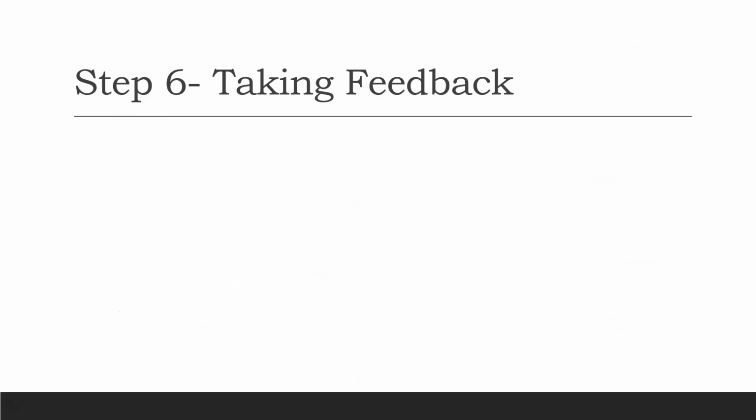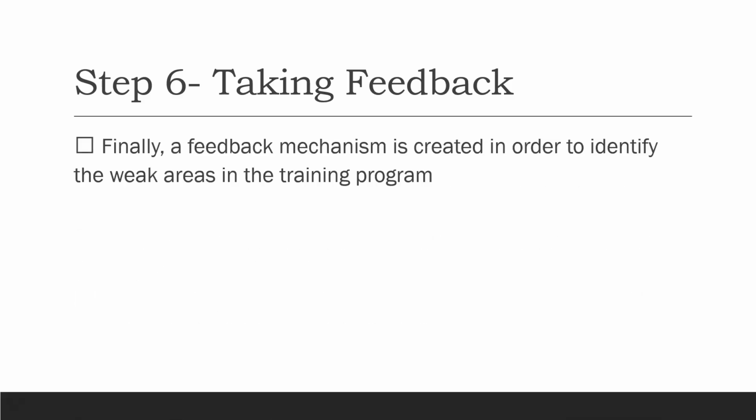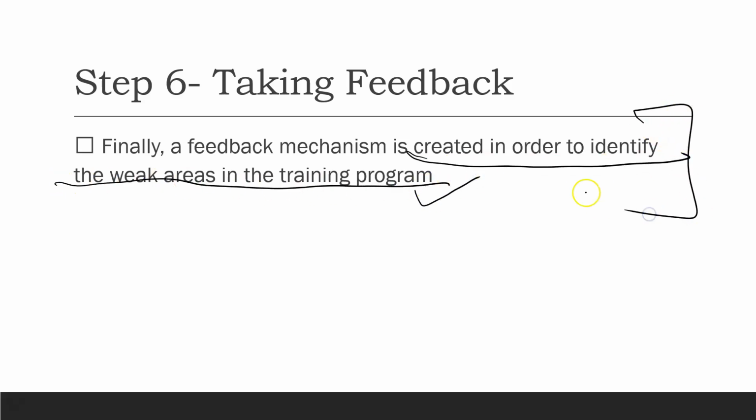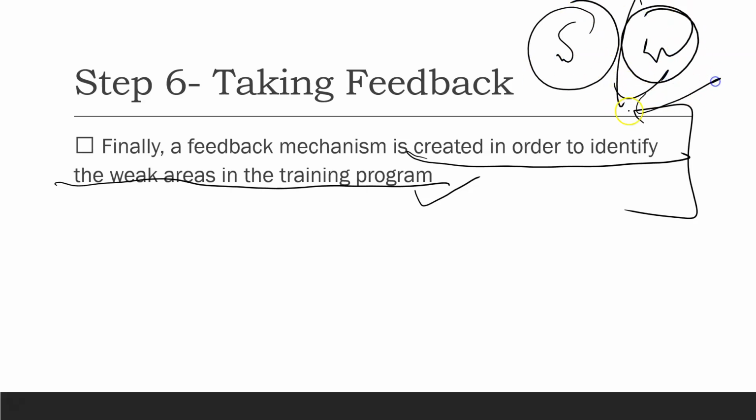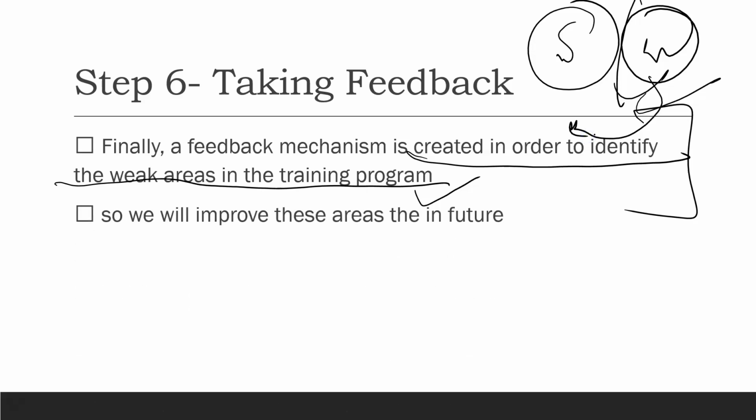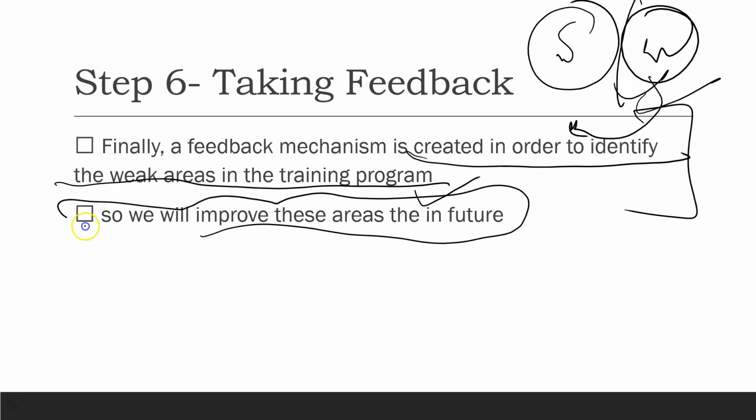And the last stage is taking feedback. It is very important that you take feedback from the people who were getting training in the training process. So the feedback mechanism is created in order to identify the weak areas of the training program. Obviously, there would be some good things, there will be some strengths, and there will be some weakness. It is very important to understand the weakness part, because that is where the improvement can happen in the next training programs. So we will improve these areas in future after taking feedback from the